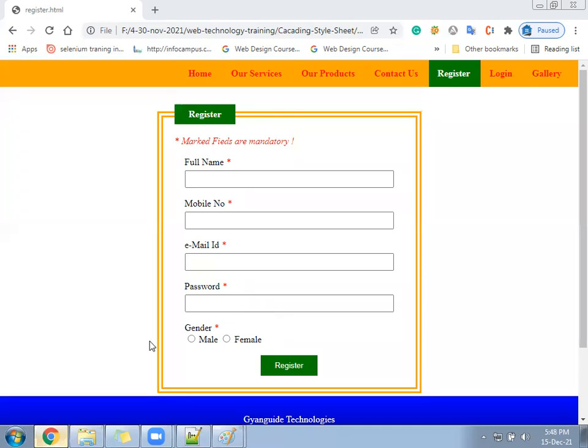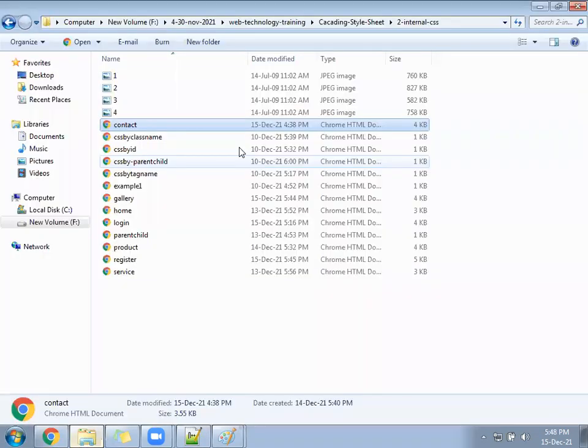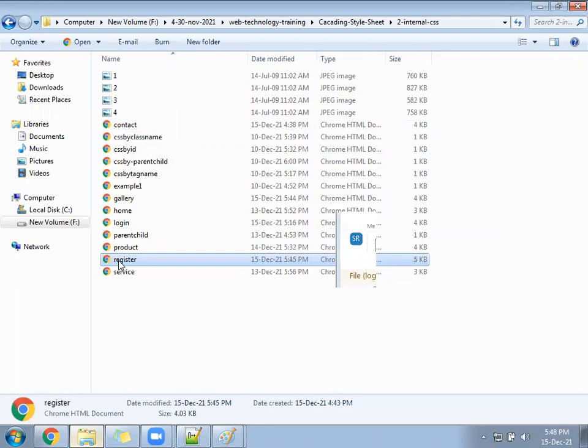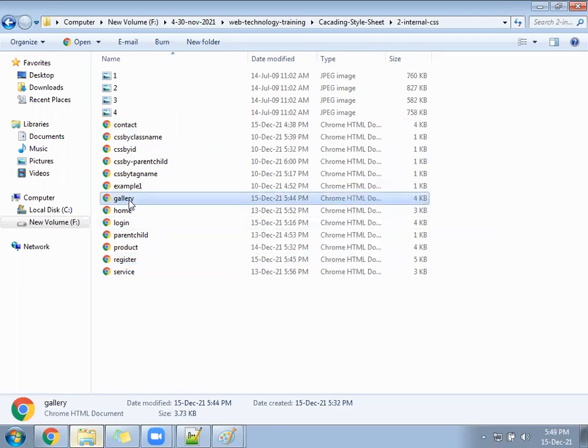Okay, so let me share with you the files which we have created today. File names were contact, register, and gallery. These files we have for today.